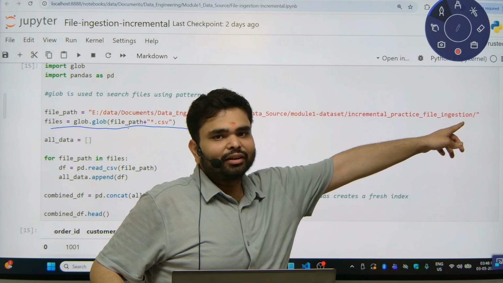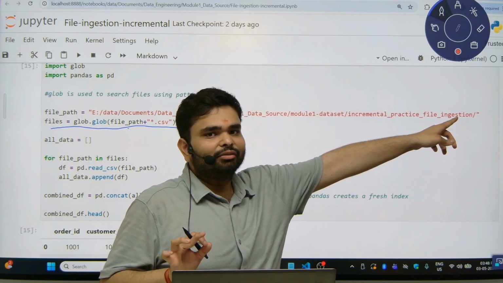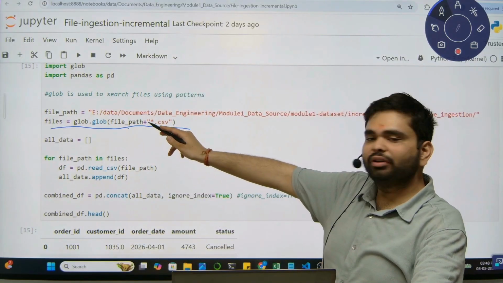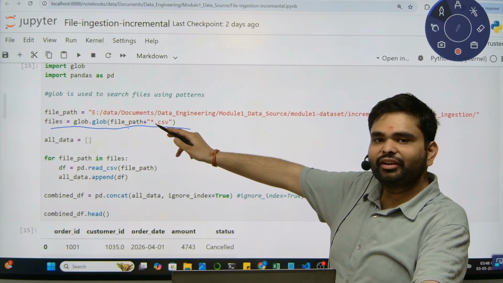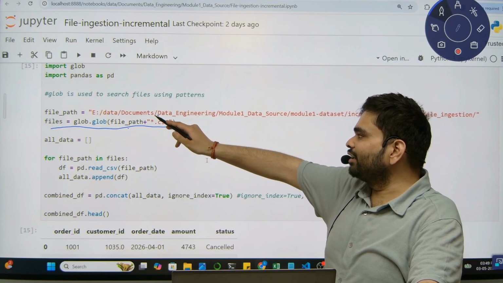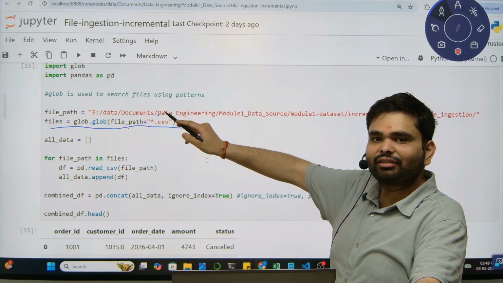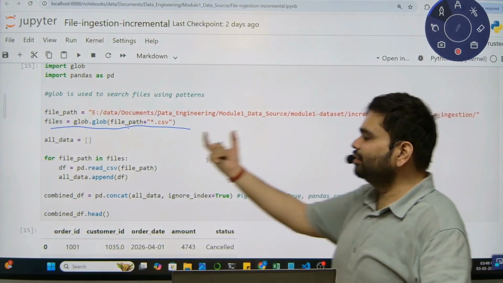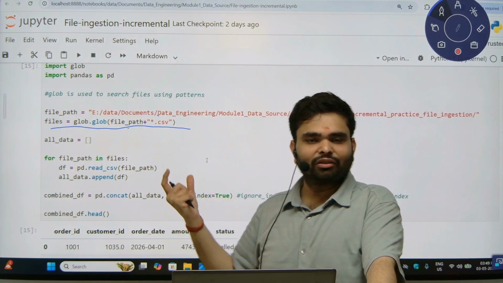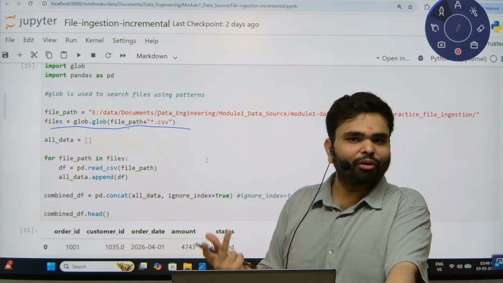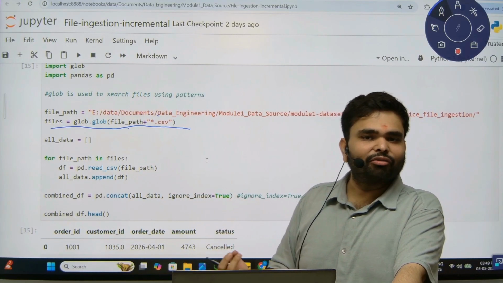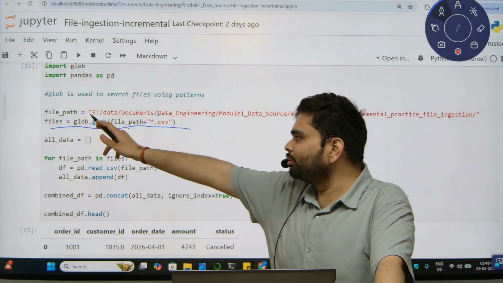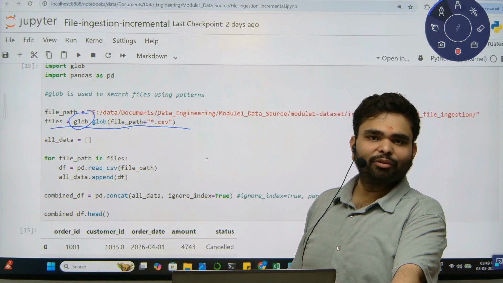We didn't specify a specific file, we specify the folder. After that, we added a plus sign and *.csv. What does the asterisk do? It means it can be anything between this path and the .csv. For example file1.csv, file2.csv, file3.csv, this can be anything. But this is possible only with glob. So this is the important one.